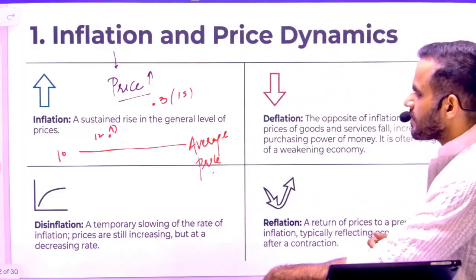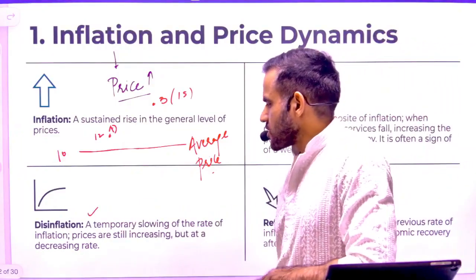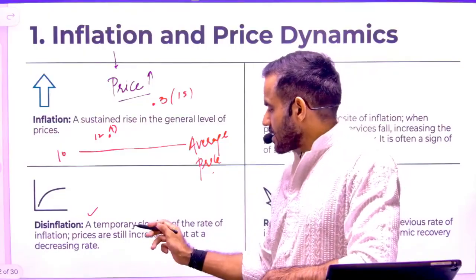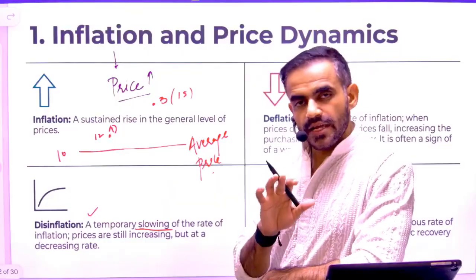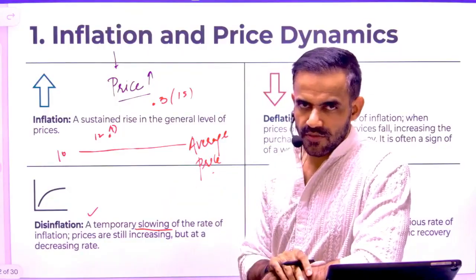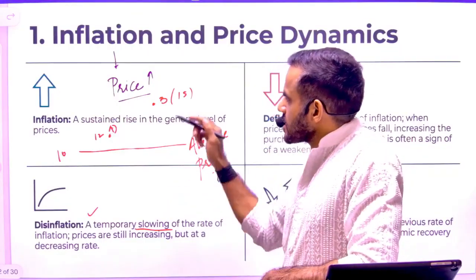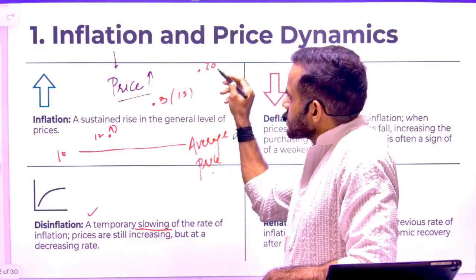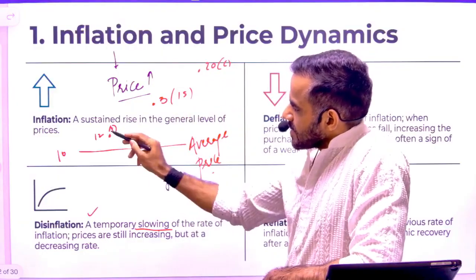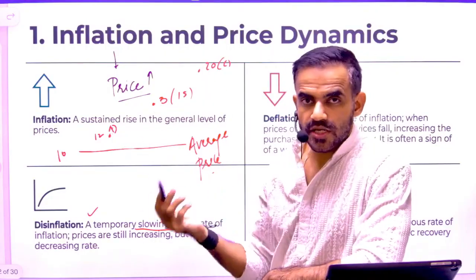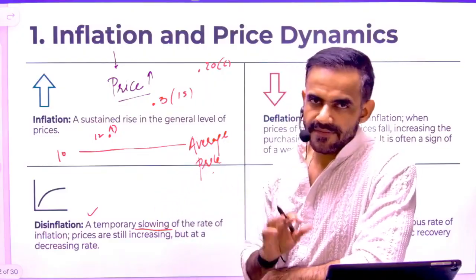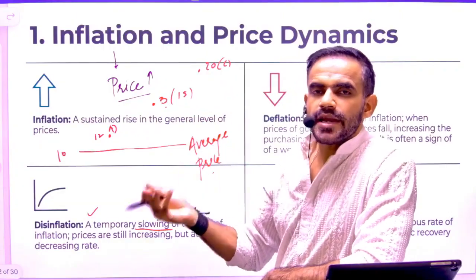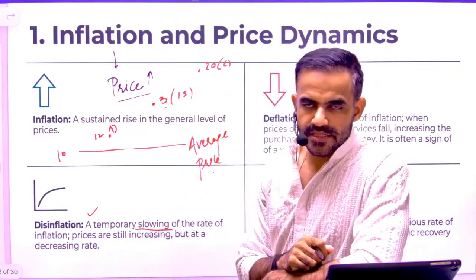Now there is another term, that is disinflation. Disinflation basically means, just like your battery is facing the problem of discharge, the rate of inflation is slowing down. Inflation is there, but the rate of inflation is slowing down. That simply means, let's say I'm considering 3 scenarios: 10, 12, 15 and 20. Let's say this is scenario C. Now if I see that the price in these 3 cases is above the general price, technically all these reflect inflation. But in comparison to this one, this has a relatively lower rate of inflation, so that reflects the case of disinflation.